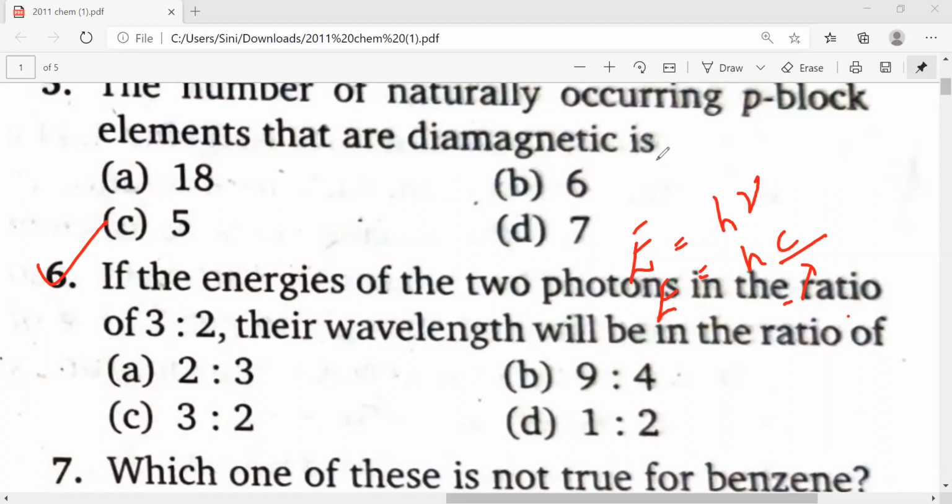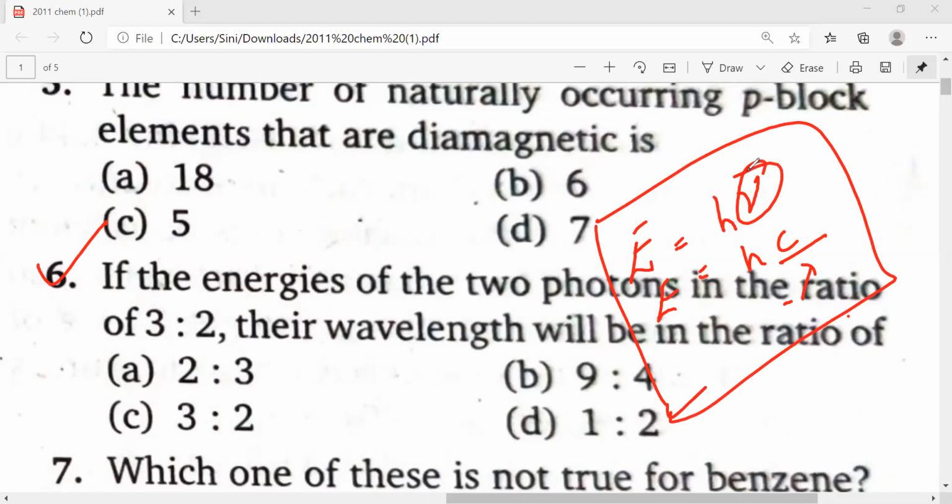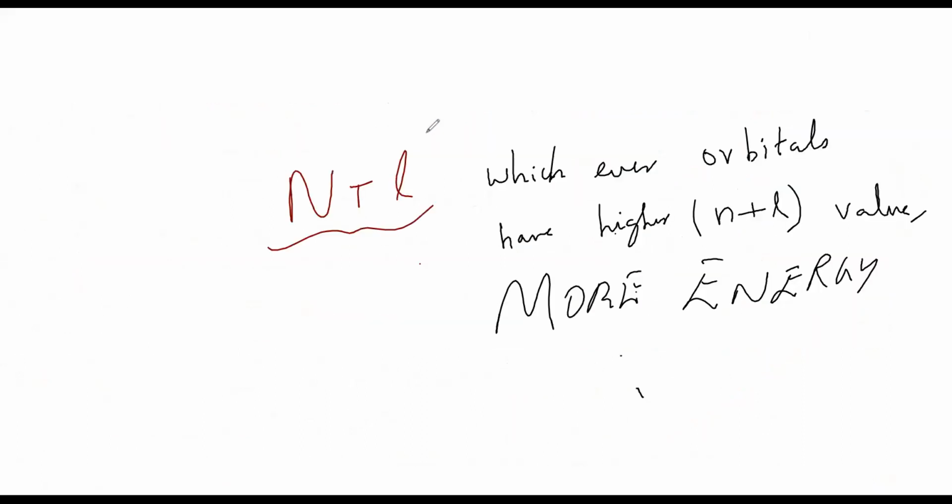So guys, for this there is a shortcut. I think I told you about Planck's constant and everything. E is equal to h nu, and nu is equal to c by lambda. Nu is nothing but our frequency, correct? Nu is equal to c by lambda. If I want to write it here, on the whiteboard.